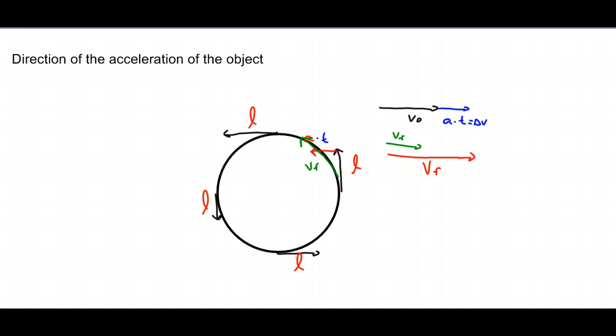And so the result of this is that at every single point along this object's path, it is accelerating toward the center of our circle. Because our acceleration vector can only change the direction and not the length of our vector, we must have an acceleration that points directly toward the center. So for uniform circular motion,